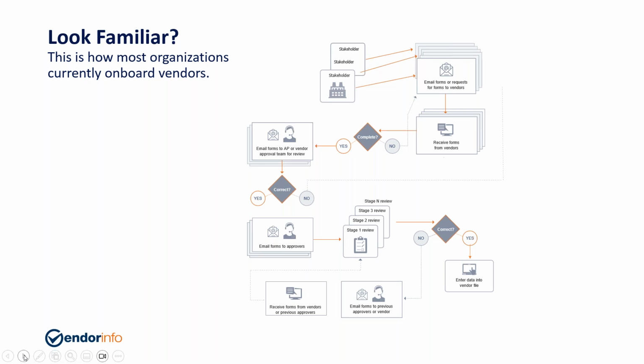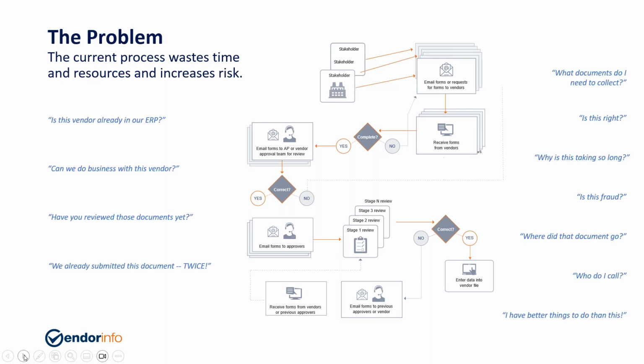And finally, once we have an approved vendor, now we go about the process of rekeying that information again into our ERP so we can create the supplier record. It sounds exhausting, and it is. It takes many days, in some cases weeks, and lots of stakeholders in many organizations. And all along the way, you've got to be mindful of lots of issues.